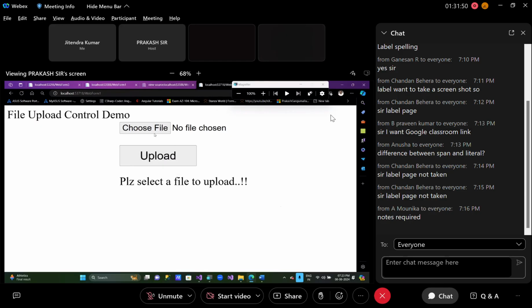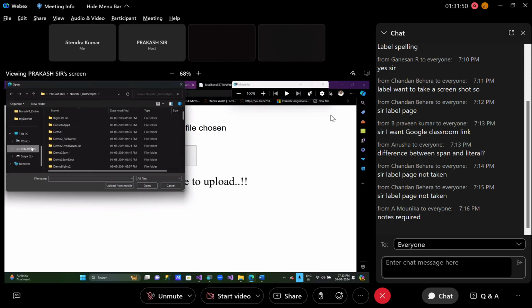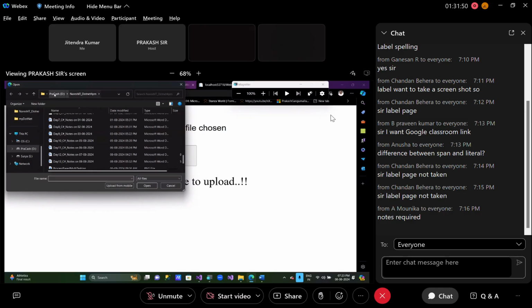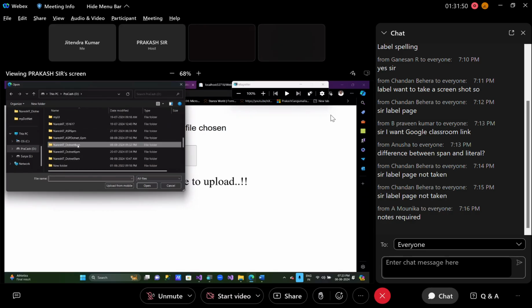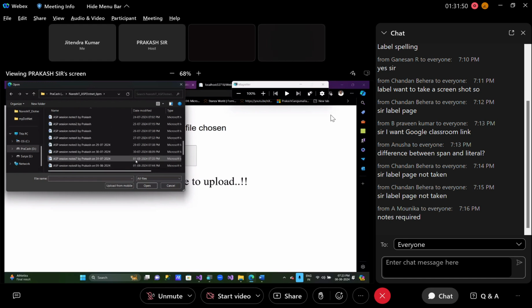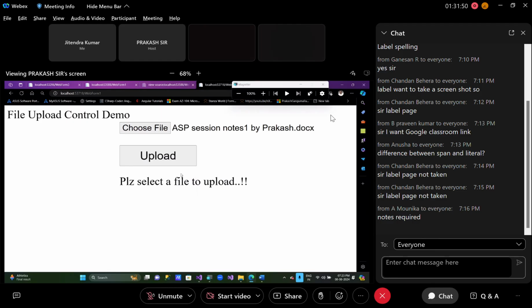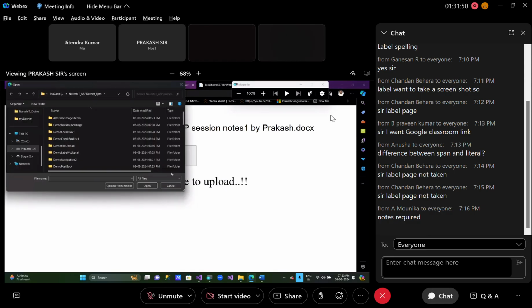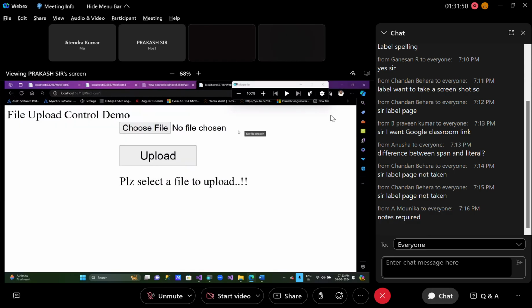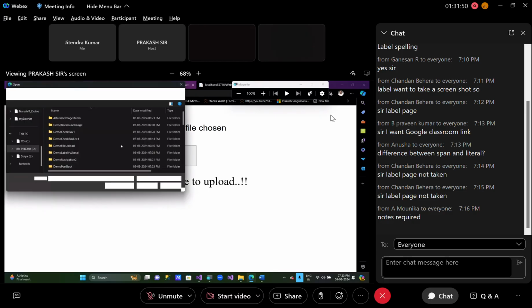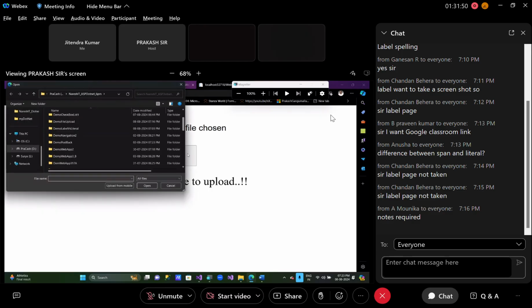If you select a file, choose file, select any file from the list of folders. Like I will go to our folder, .NET ASP.NET 6 p.m. In that I selected a file, ASP.NET Notes 1 by Prakash. Click open. The file is there. See, guys, ASP session notes 1 by Prakash.docx. That file is coming here. When you click on choose file, select any file from your folder. Whatever notes you have selected, click